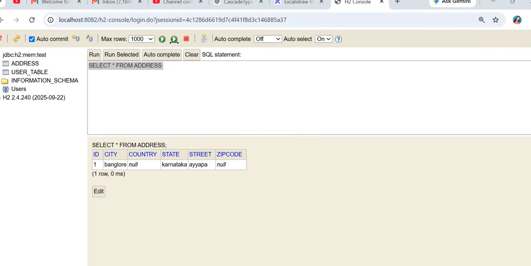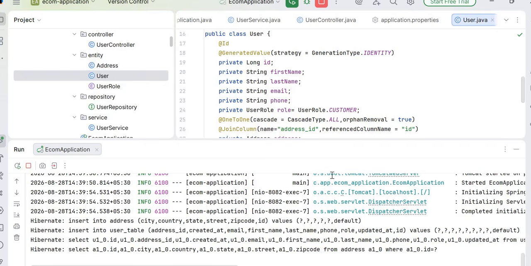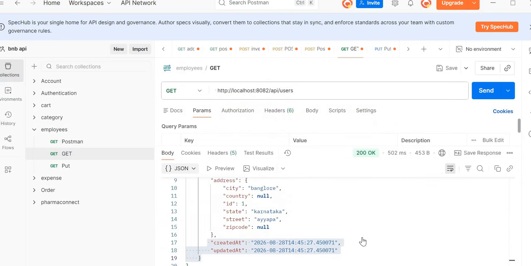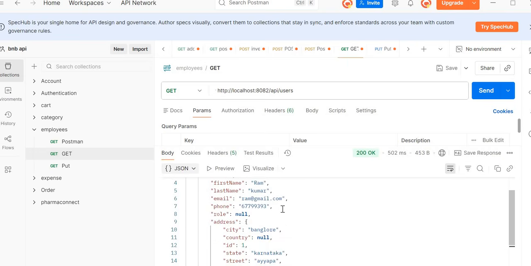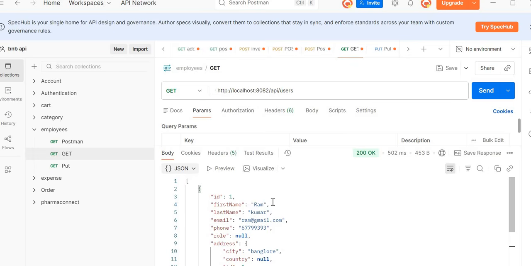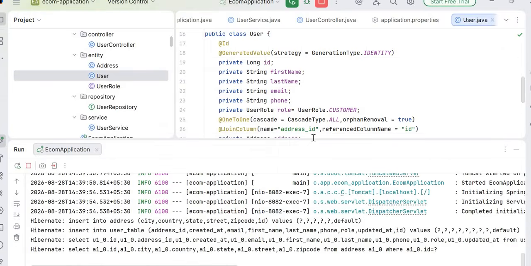So again, we are going to continue from the last session. We have seen how things are getting exposed. You can see in Postman everything about the customer is getting exposed. The main purpose is that data is very important and we don't want to expose this customer data to the outside. For that reason, there is a concept in Spring Boot